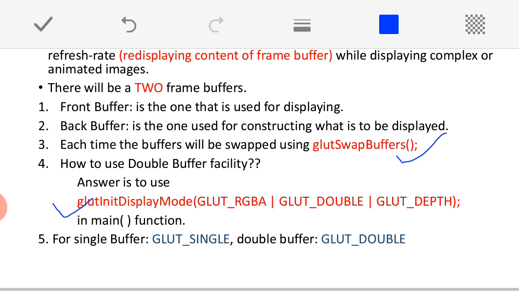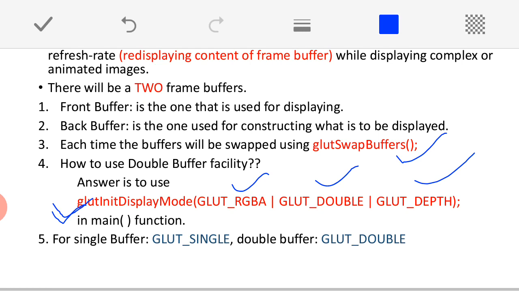Every main function of the graphics applications which you are supposed to write using OpenGL should come up with this function called glutInitDisplayMode, and this function will come up with 3 parameters. How many parameters? 3 parameters, and these 3 parameters are not mandatory, actually they are optional. Okay, what are those 3 parameters?